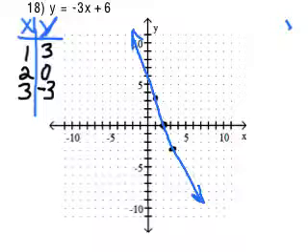Now the next thing we do is we're going to use the intercepts. Find the intercepts, which we've already found one. So if we plugged in 0 for y, we would find that